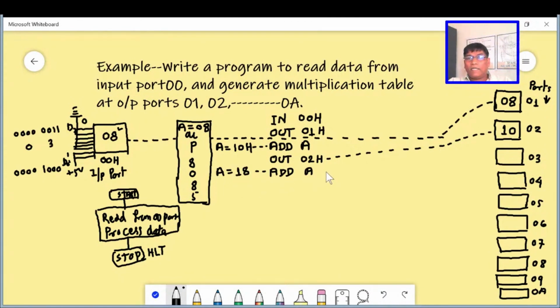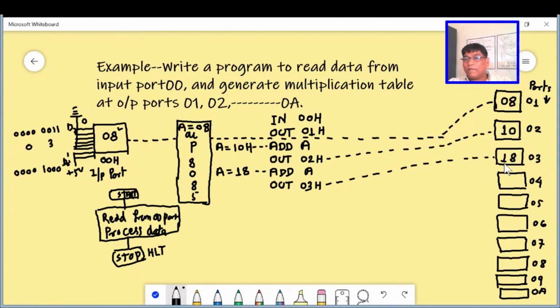After ADD A, the content will not be displayed, so we write another instruction, OUT 03H, which displays the accumulator content at port number 3. After execution of OUT, we will have 18.